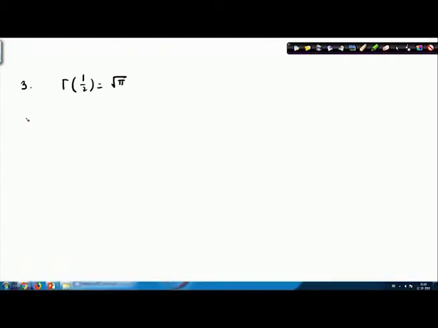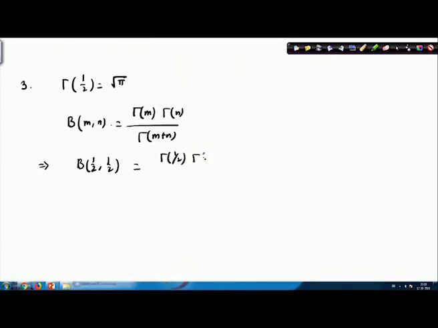we have beta(p+1/2, q+1/2), or we can take the beta(m, n) relation. From the previous relation we know that beta(m, n) is basically gamma(m) times gamma(n) divided by gamma(m+n). So here if I take m and n equal to half, then this will become beta(1/2, 1/2), and this will be gamma(1/2) times gamma(1/2) divided by gamma(1/2 plus 1/2). So the denominator will become gamma(1), and we know that the value of gamma(1) is 1. So I can write this as gamma(1/2) whole square